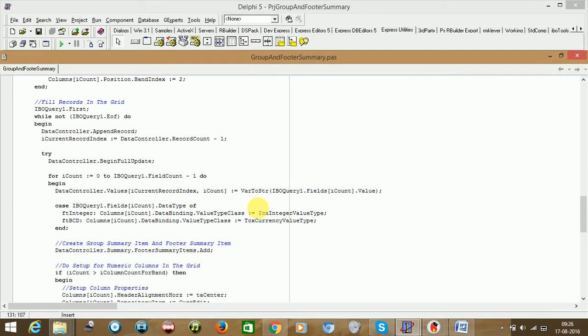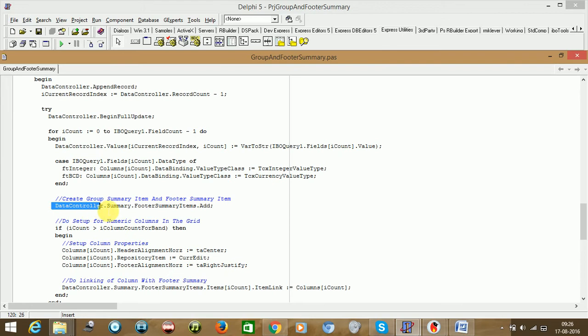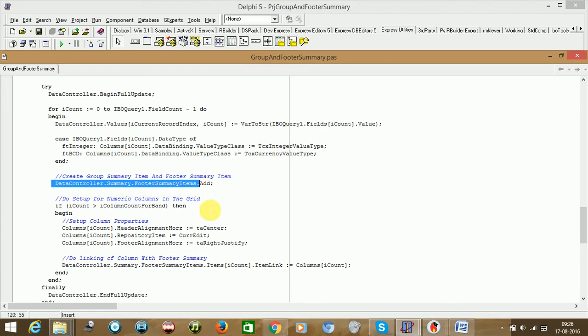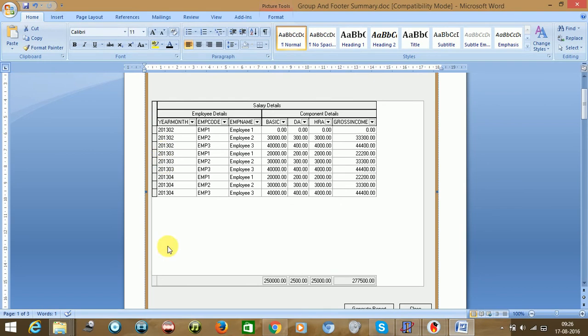As you are seeing here, you are creating the footer summary item for all the columns. You are not specifying it inside this condition. So that is the reason: when you are creating this column, you are creating the footer summary item also here. The reason you are not seeing data here is you are not linking this footer summary item with this column.